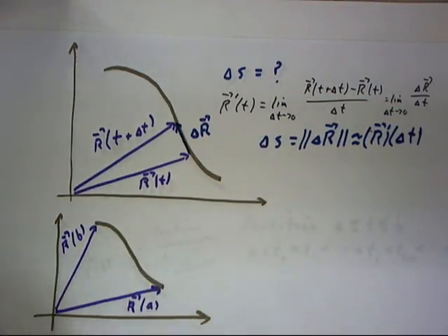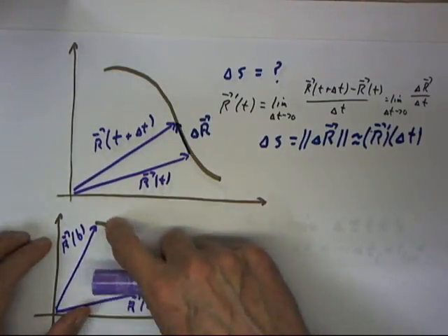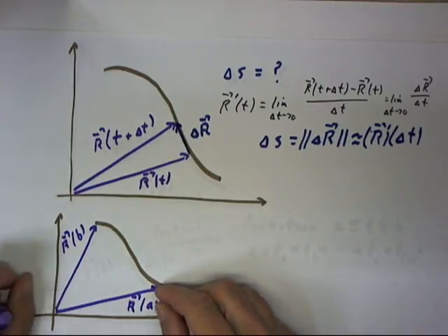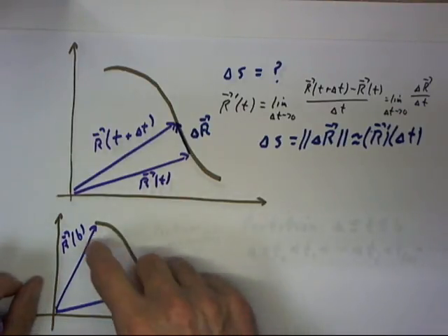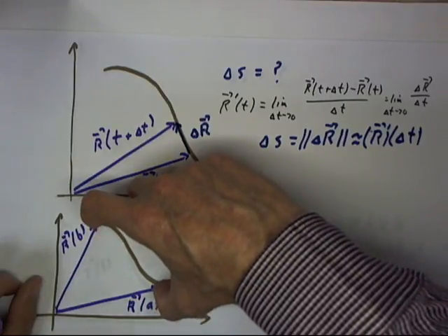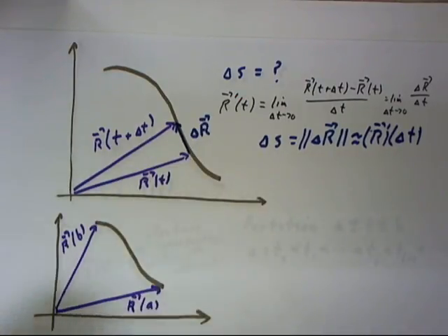If we want to find the distance between two more separated points of a curve, where the curve might change direction drastically in between, so that the distance from here to here along the curve is significantly greater than the distance from here to here along a straight line, then we consider